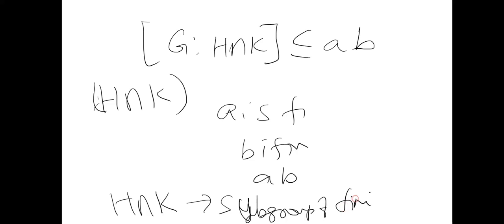Even though the problem does not ask us to prove that H intersection K is a subgroup, all we have to do is prove it is a subgroup of finite index. We are proving it is a subgroup because only for a subgroup have we defined cosets. That is the reason we first proved the subgroup and then moved on to prove the finite index. I would encourage you to